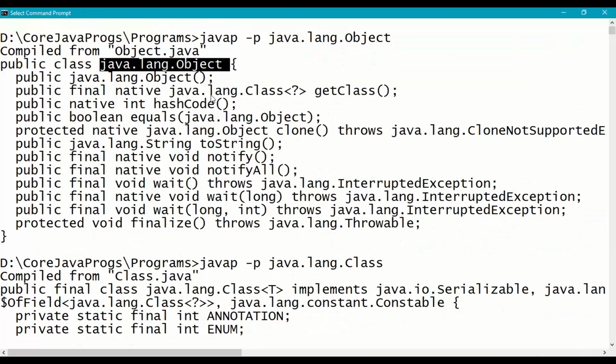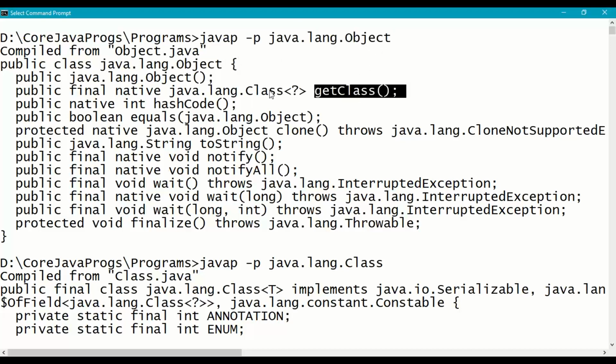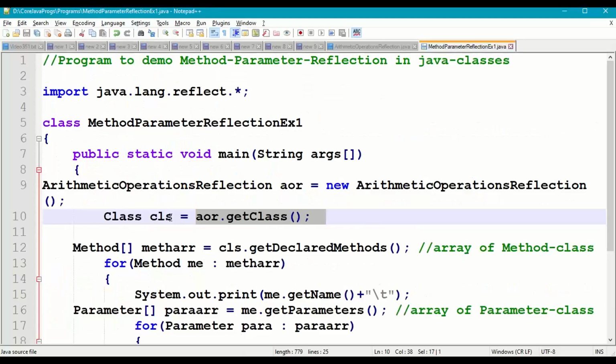In the description of the Object class, which belongs to the java.lang package, we have the getClass method whose return type is Class. Class is also a class which is available in the java.lang package. So we'll get the reference of Class, and we are taking that reference in cls of type Class.